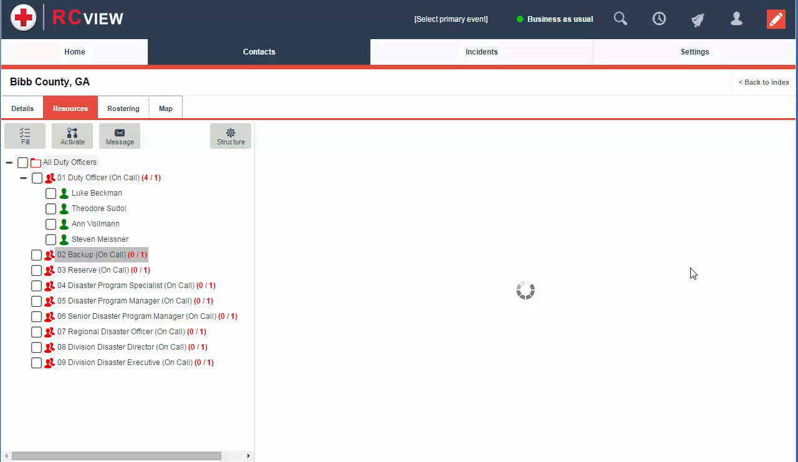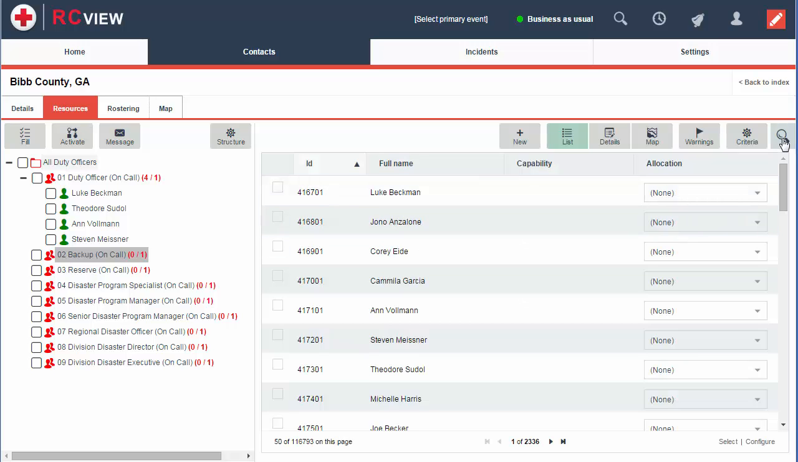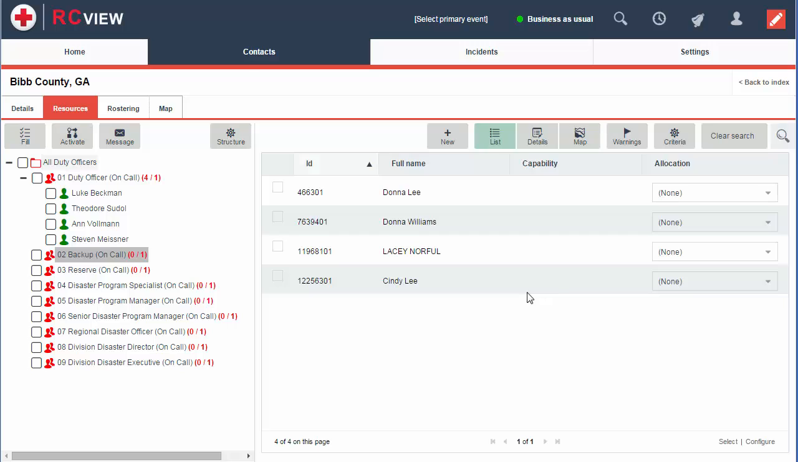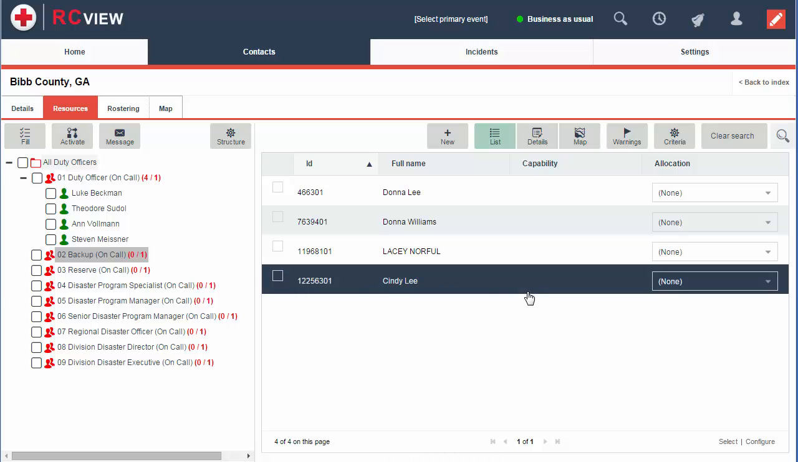Let's say for my backup, I needed to add Donna Lee. So what I would do, the system is searching through all of the different contacts. What I'll do is I'll click the magnifying glass to do a by name search. Remember, always put quotes, and then I hit enter. The system will then search through any specific matches to Donna Lee. And again, this is not putting